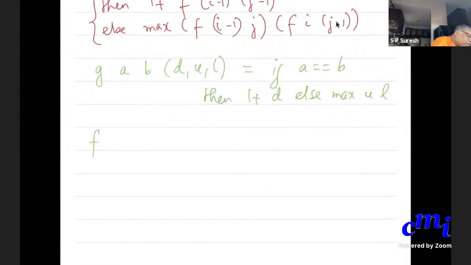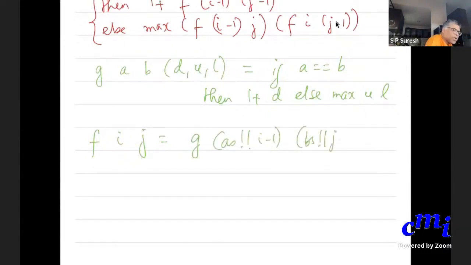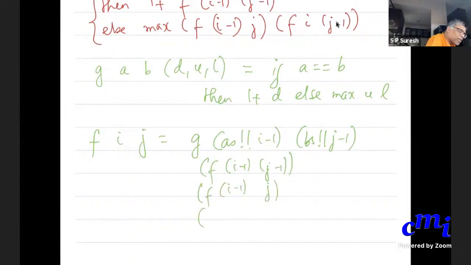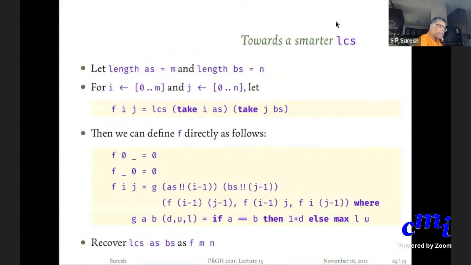Then finally, I am going to write f of ij, as a simplification, as g applied to A at I minus 1, B at j minus 1, f of I minus 1, j minus 1, f of I minus 1, j, f of I, j minus 1. I'm just rewriting my original expression in terms of some smaller bits. That is what I have written here.